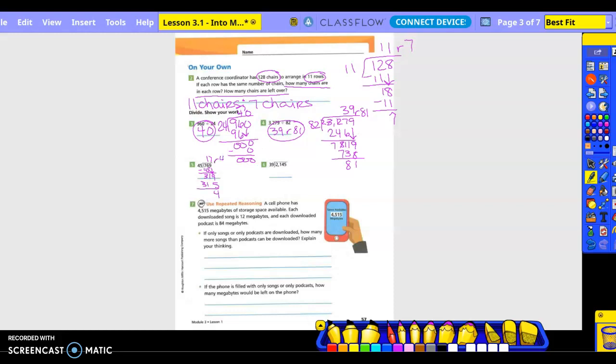17 remainder 4. Next one, 39 into 2. Nope. Into 21. Nope. So now we can estimate the 39 to about 40. So 4 would go into 21 how many times? 5. Okay, so let's do 5. 5 times 9 is 45. Put the 5, mentally carry the 4. 5 times 3 is, plus 4 is